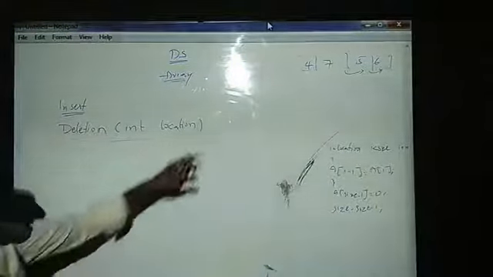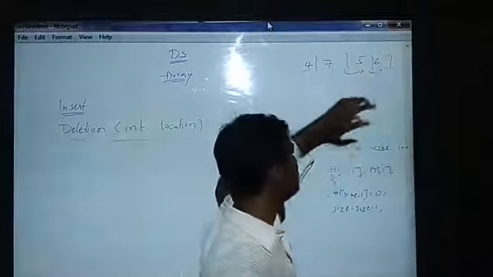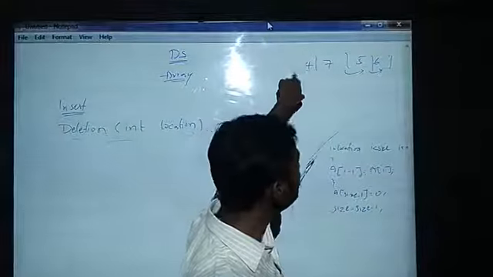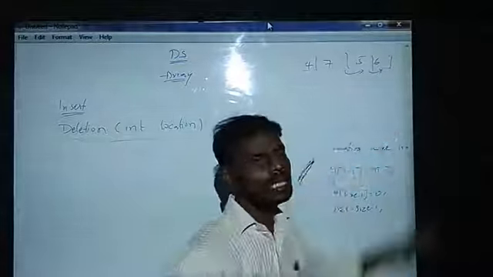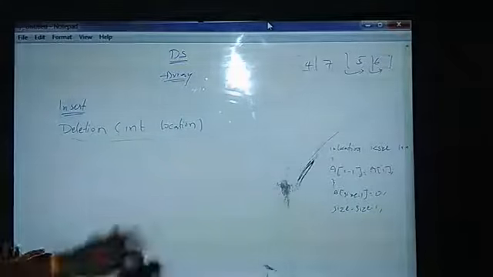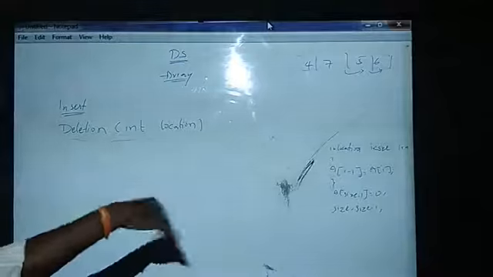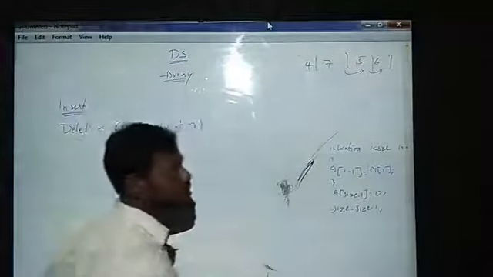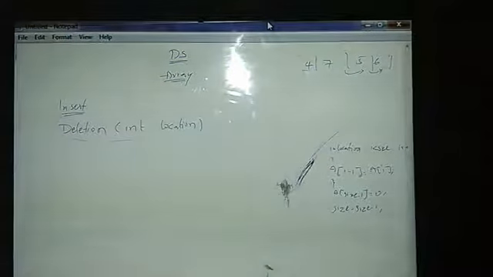Like that, if you have n elements in your array and you are inserting at the first position, then n elements need to move from the first position to the last position, towards the right. In order to do so, we have seen the logic of how we will implement that in our array.